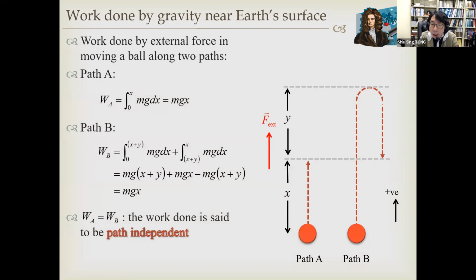Now we consider two balls raised upwards under the force of gravity. Suppose we apply an external force, like my hand. I'll now raise the apple. I want to know